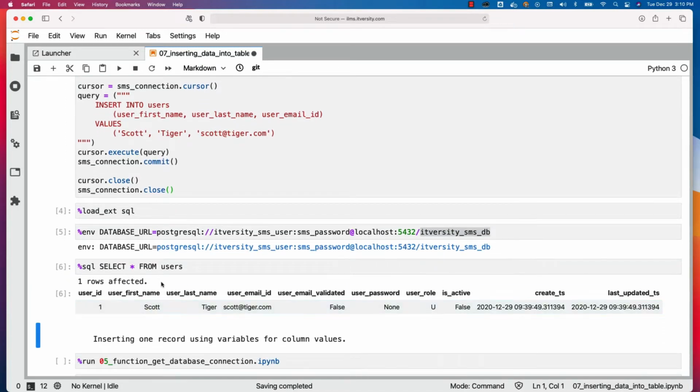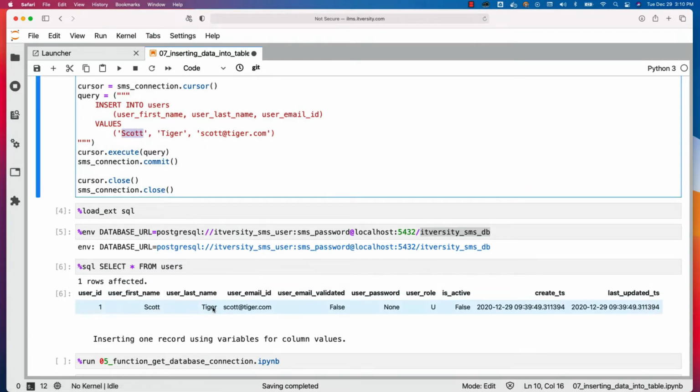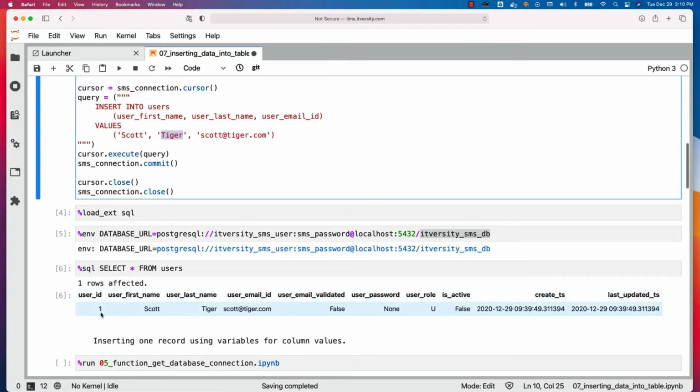The first name is Scott, you can see here. The last name is Tiger, you can see here. And the email ID is nothing but scott@tiger.com. As there are no unique constraints enforced on any of the fields, if I run this again, there will be another record with the same information but user ID 2. I don't want to insert again. I am just saying that it will not fail even if you run this 100 times. It will just keep on incrementing the user ID for you, and there will be 100 records, as there are no other constraints which are violated here.